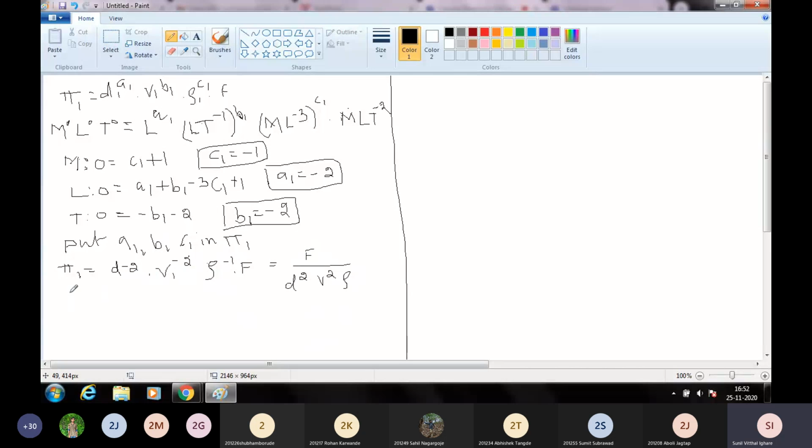In a similar way, we try to solve for the pi 2 terms. So if you remember, I have written the pi 2 value. I will write it down again. Pi 2 is equal to d2 raised to a2, multiplied by v2 raised to b2, multiplied by rho 2 raised to c2, multiplied by mu. Again the same thing, our fundamental dimensions M raised to 0, L raised to 0, T raised to 0, that is equal to,